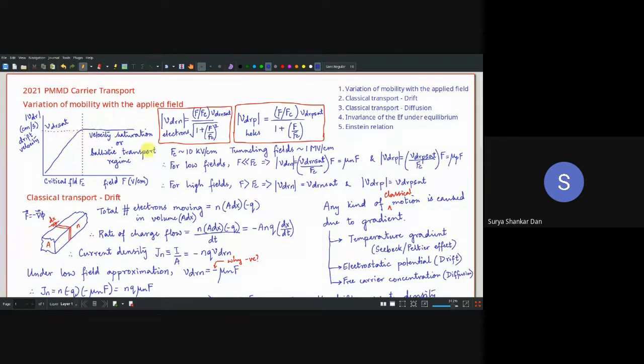Clear? Okay? So this is the basic material property which I have just given you an idea. Later on, when we deal with MOSFETs, we will notice even the saturation region of the MOSFET is essentially dependent on this particular phenomenon. We will look into that when we deal with the MOSFETs after the midsem. And that is going to be really interesting.